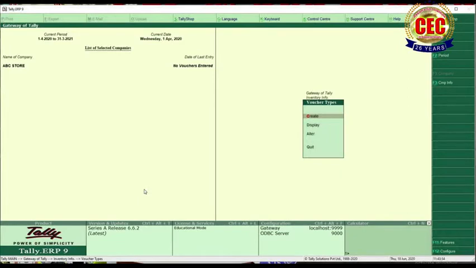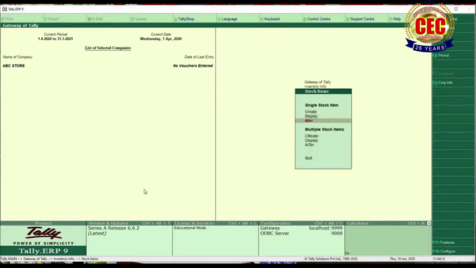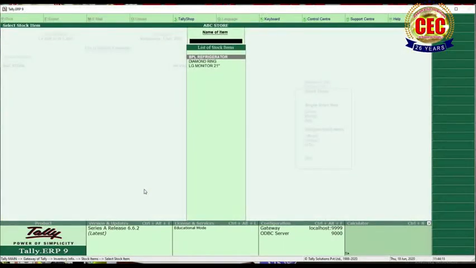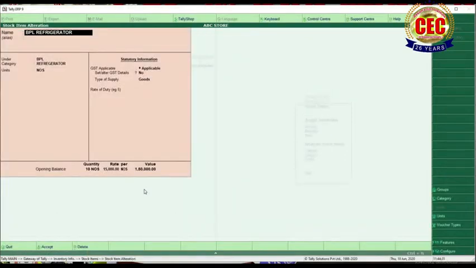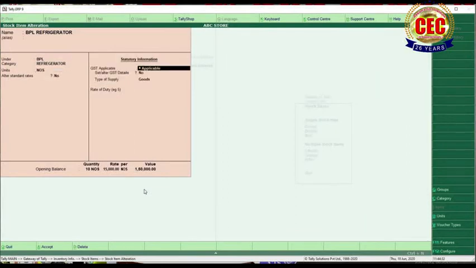Remember one thing, suppose you want to set cost price and sell price in items, then you have to select F12 configurations. So go to stock items. Suppose you want to change and set cost item and sales item rate. So in F12 configurations, you have to select enable standard rates for stock items, yes. Here it displayed set altered standard rates, it should be yes.